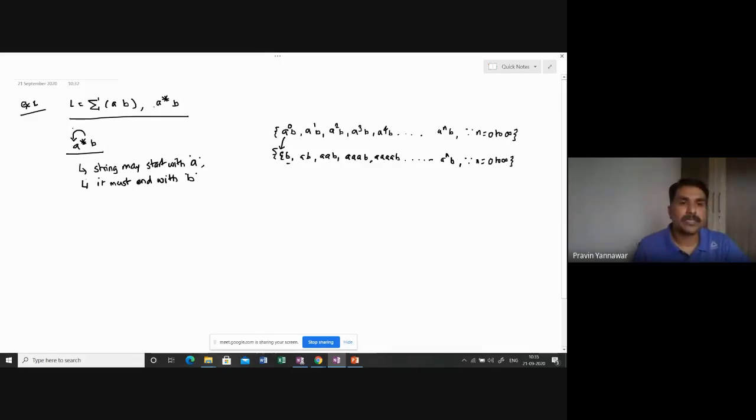Now for this same language, if I change the regular expression, for example to B star B, we can say the word here must start with B and end with B, and in between the start and end of B,